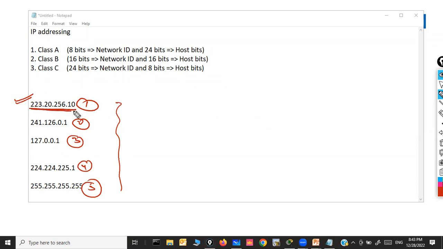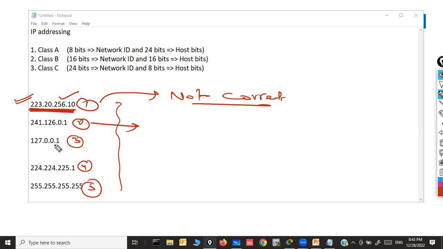223.20.256.10. Is it correct or not? Valid or invalid? That's not correct. Why? Because of 256. Good. True. Not correct because 256 is not allowed. Second number,